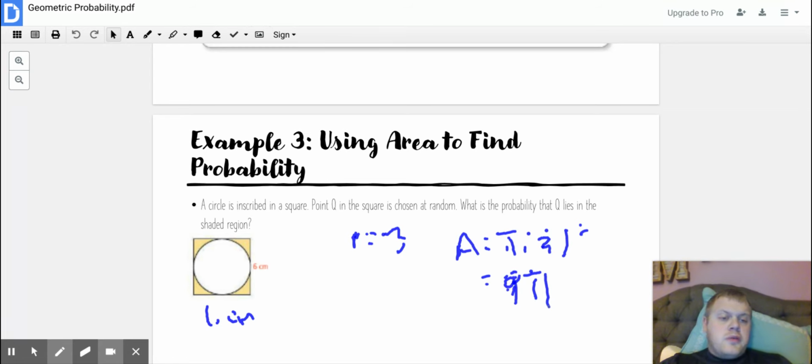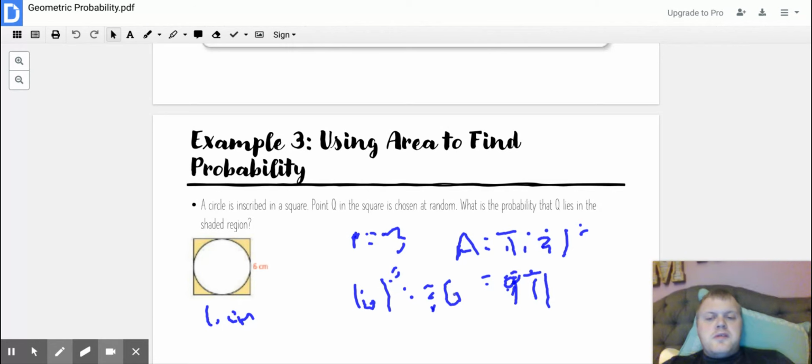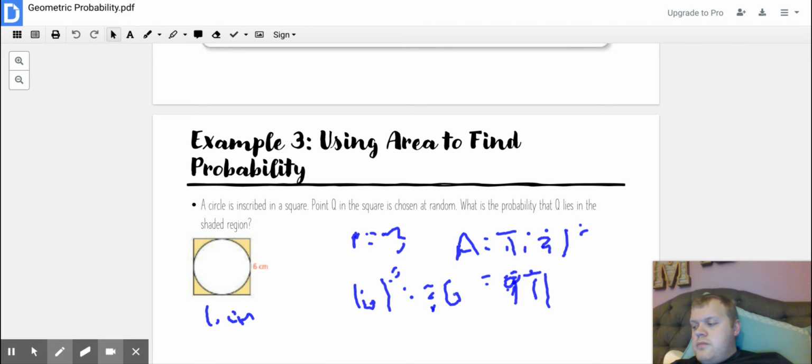It's just base times side, or side squared. So it'd be 6 squared, which would be 36. So we know that the square is 36, and we know the circle is 9 pi. So to find the part over the whole, that it lands in the circle, the part is our circle here. So since the part's the circle, it's going to be